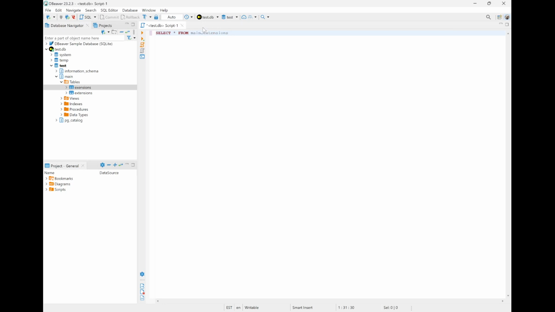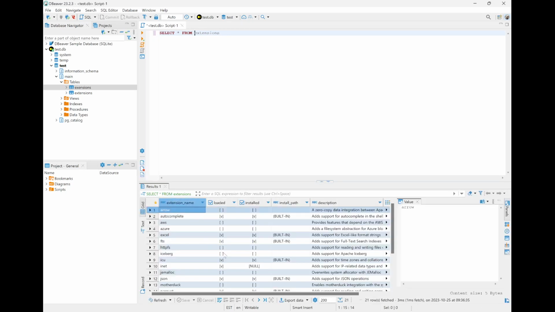I think you don't need the main. You can just do this, and then just Control Enter. See at the bottom, it's executing the command line. Or I can select, for example, just the first column, extension name,